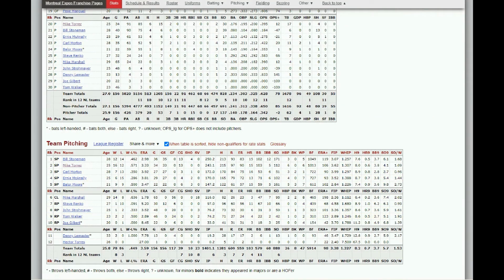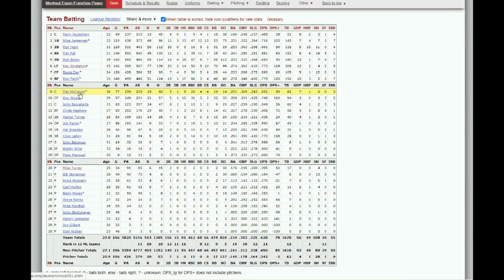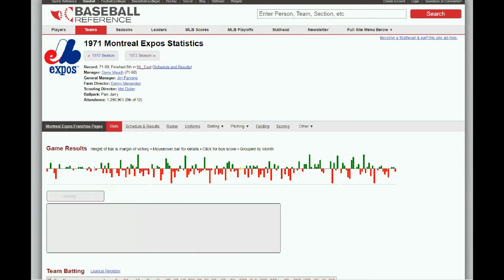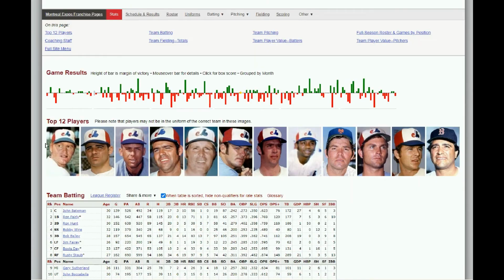Not much help. How about a catcher? Look at that. Tim McCarver caught for the Expos in 72. John Boccabella. Let's go back a year to 71. You got the Le Grand Orange, Rusty Staub, Stoneman, Hunt again, Bailey, Fairley, Boots Day, Renko. There's another pitcher you could add to your rotation. Renko. Ron Woods is already in the league. Swoboda. John Bateman's a catcher. It's okay.